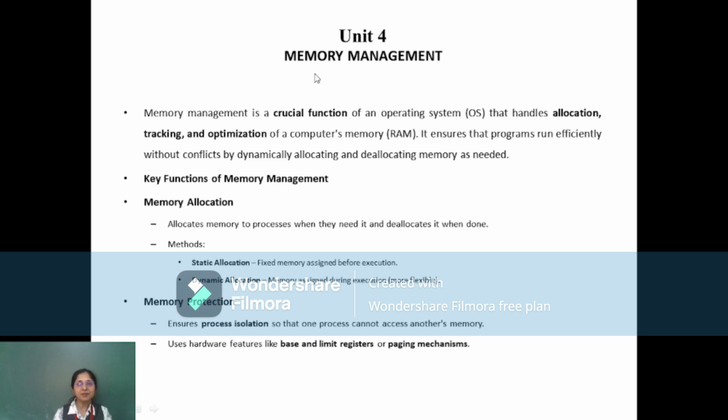So what is this memory management? Memory management is one of the functionalities of the operating system, and the operating system is responsible to make sure that the RAM is utilized in an optimal way. And what happens in memory management? The memory is allocated and deallocated to the processes which are copied to the RAM from the secondary storage.